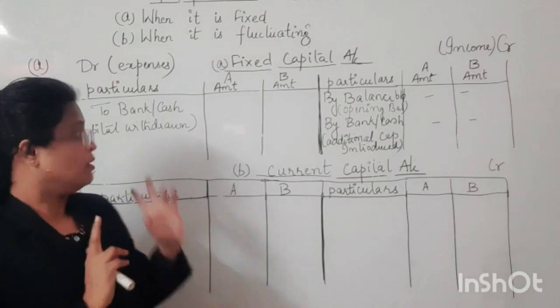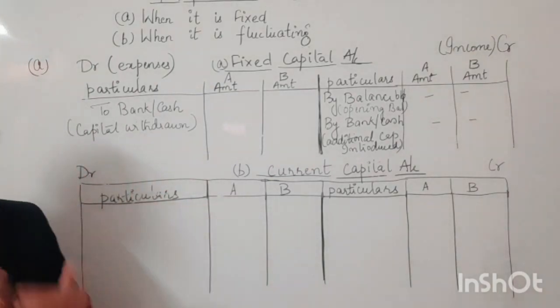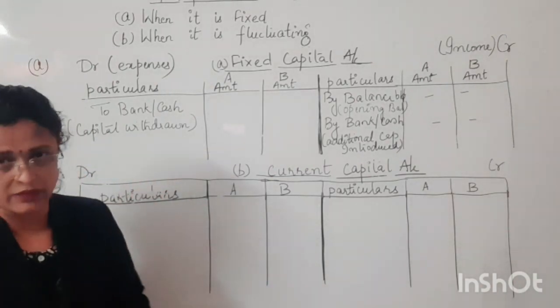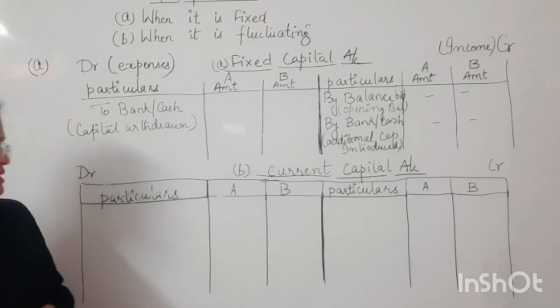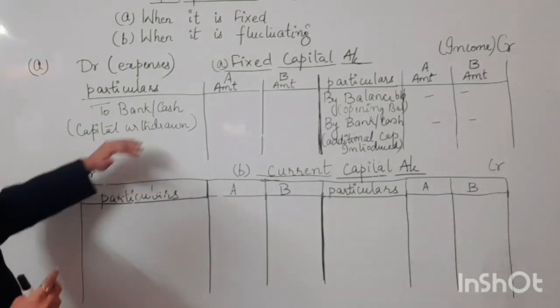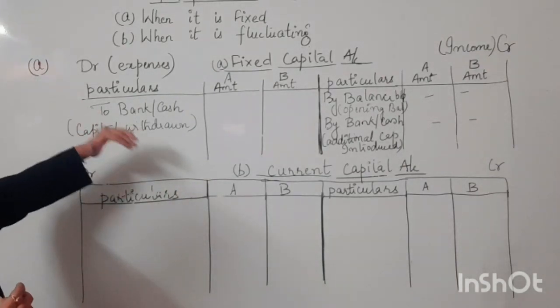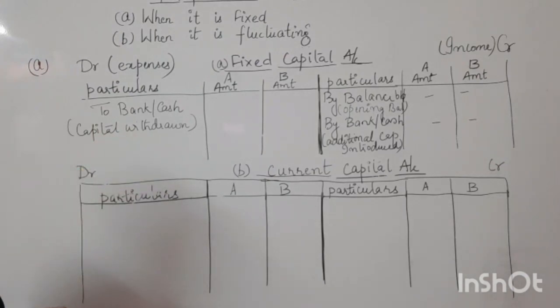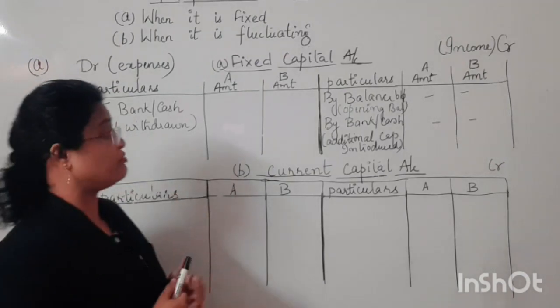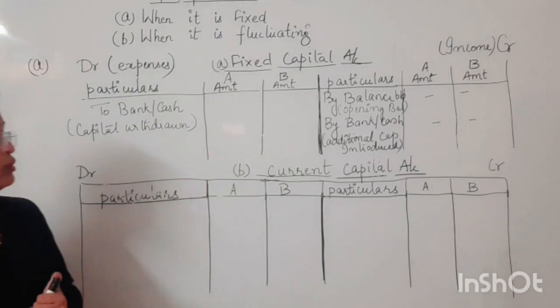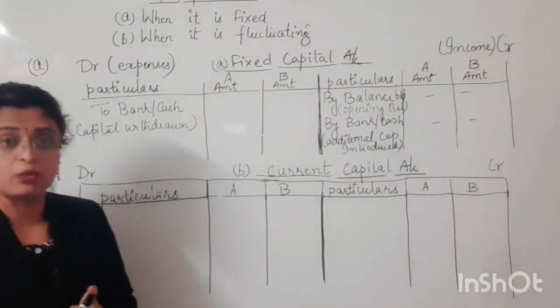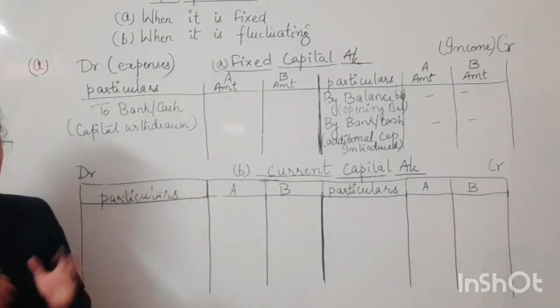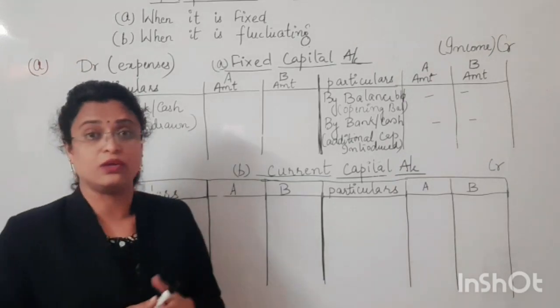I have written both because you can see in both the cases in the books whenever you are going through the partner's capital account. These are the things you can see in case of the partner's capital account, or in case of the fixed capital account, which is not subjected to frequent changes, and where that much change doesn't take place frequently in a year.